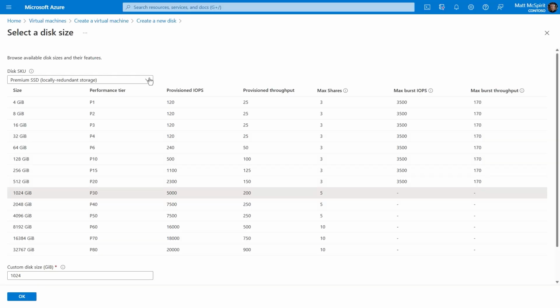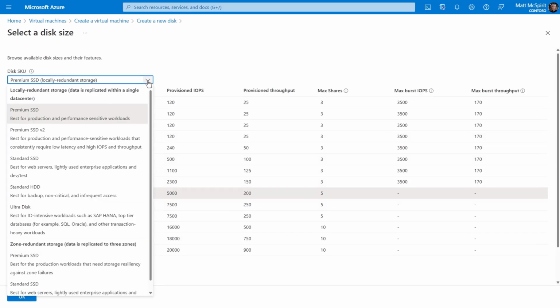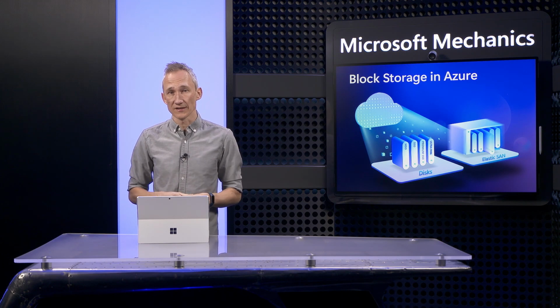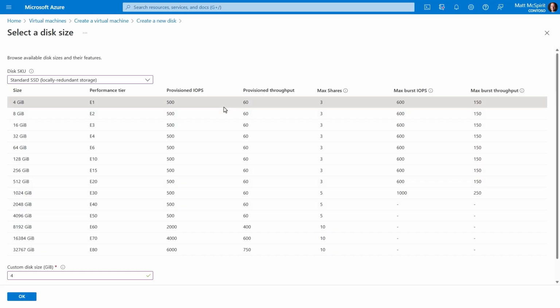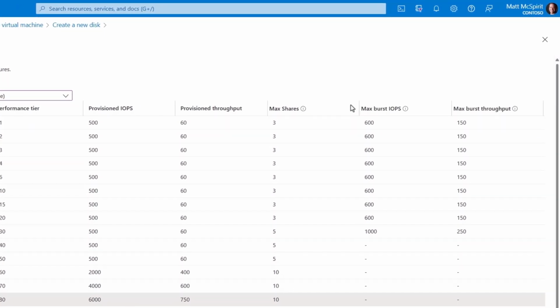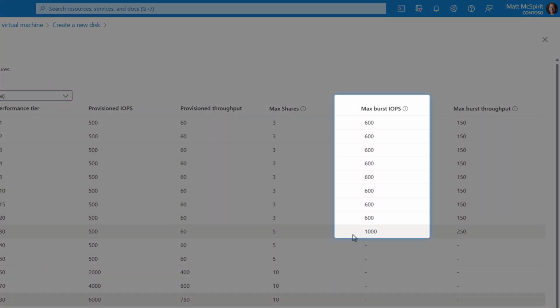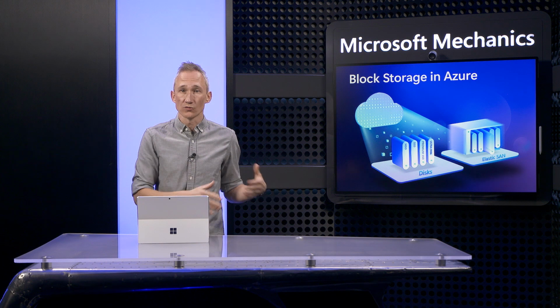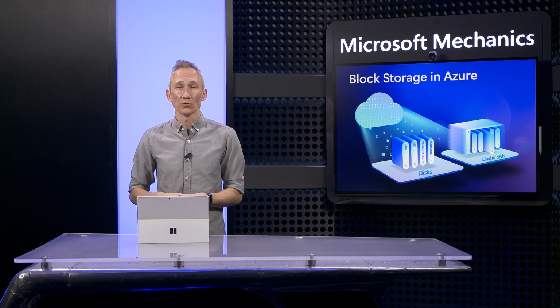That said, for single-digit millisecond latencies, your next option is our entry-level standard SSD. In fact, Azure leads the industry with this SLA for SSD disks. Here, the performance range is higher, with up to ranges that max out at 6,000 IOPS and 750 megabytes per second in throughput. With this option, just like with Premium SSD, you get credit-based bursting for up to 30 minutes for free to handle peaks in your IOPS. In fact, this can work well for your less frequently used web servers or lightly used small databases.